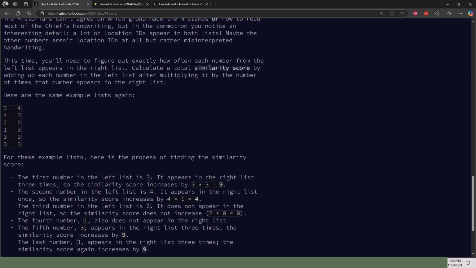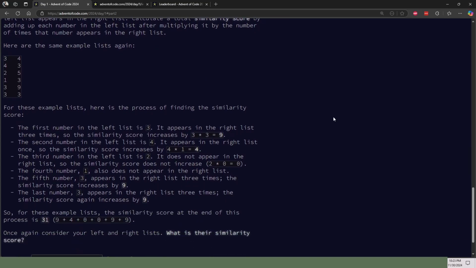The second number in the left list is 4. It appears in the right list once. So the similarity score is increased by 4 times 1, 4. Okay. So in the example, they are getting a similarity score of 31.